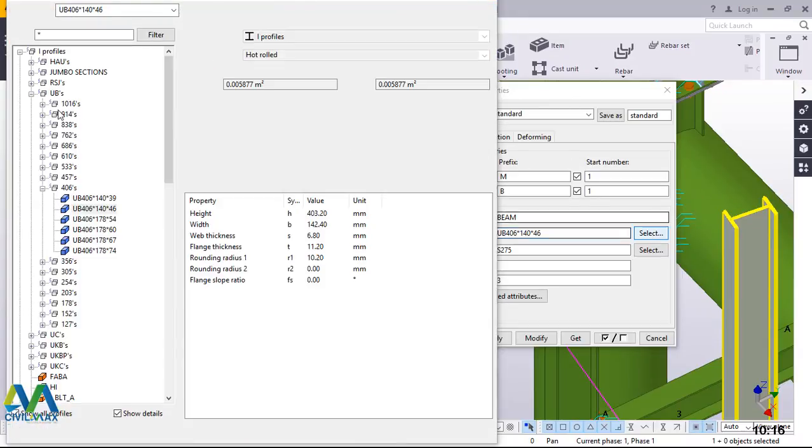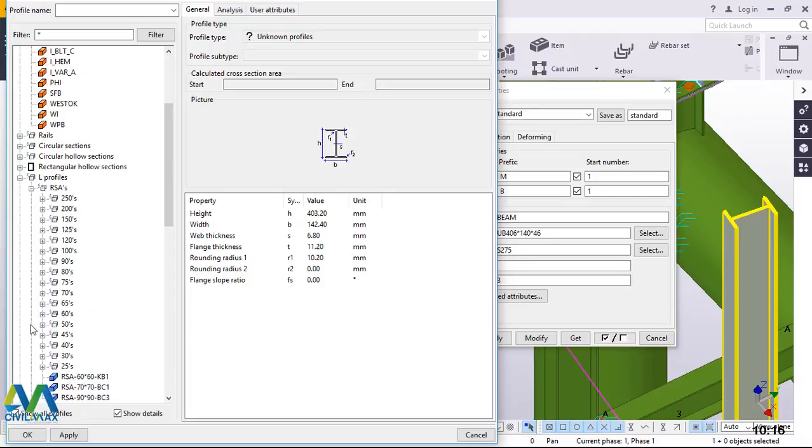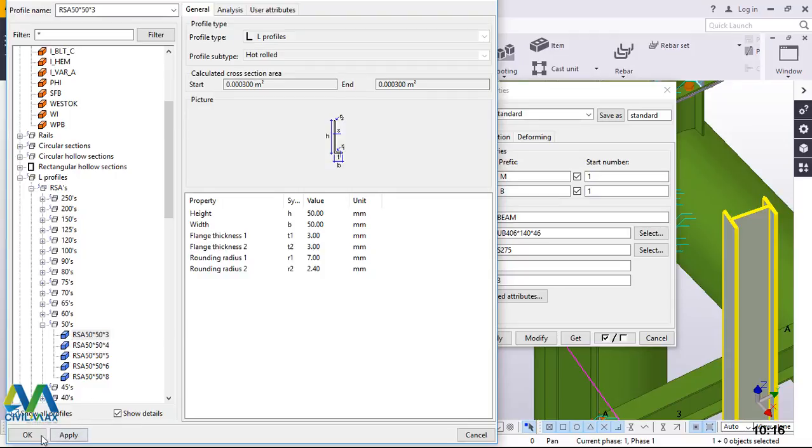Once it has loaded, we'll go to RSA here, L profile, and pick the appropriate size. I'll go straight to RSA here, and we want to use 50 by 50 by 3 millimeter thick. I'll pick the first choice, go straight and apply and accept that, and do the same